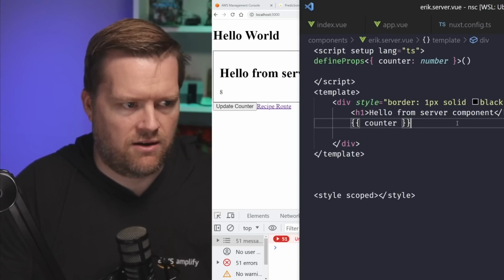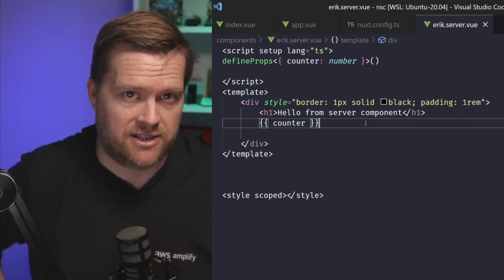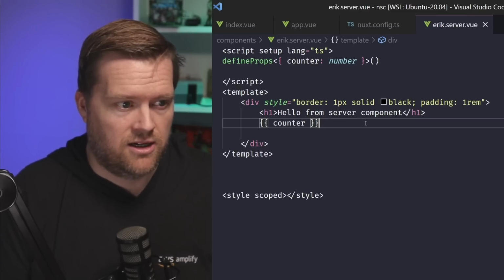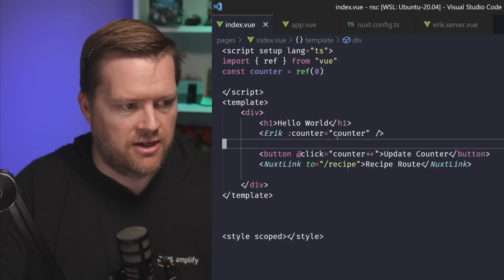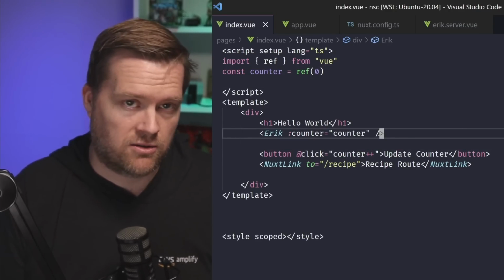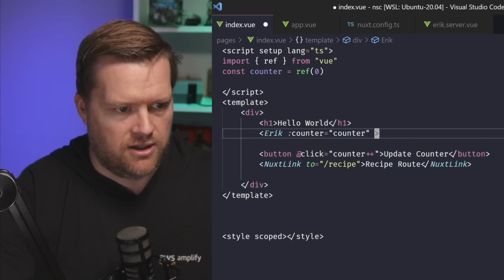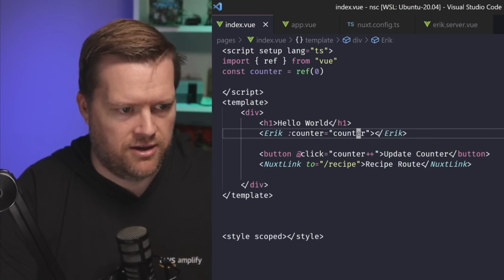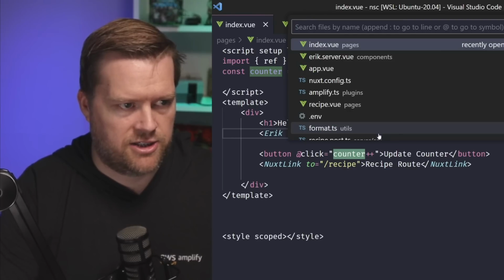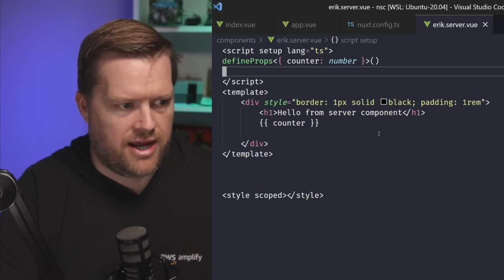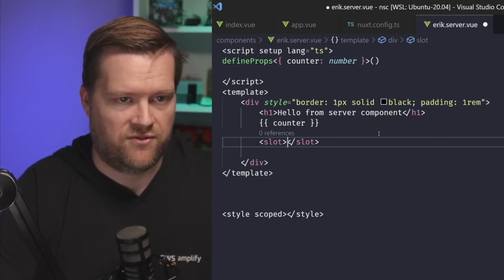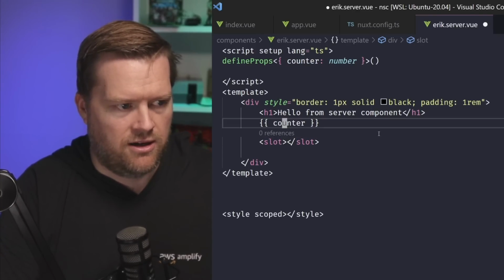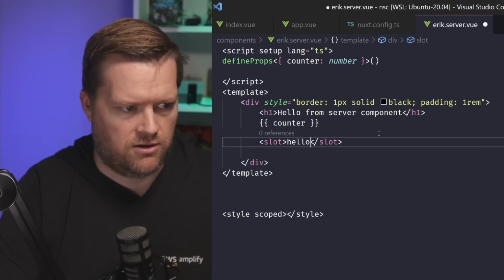So one thing that would be really handy for something like this is to use slots. That way, if we want to interact with our component here, anything between the opening and closing brackets could be passed into it. So let me see how that works. If I come back here and put Erik here, I can come back into the Erik server component, and I can add in a slot. And typically you just do something like this. It says slot, and you can have default values in here. I know, hello world, or hello from slot,